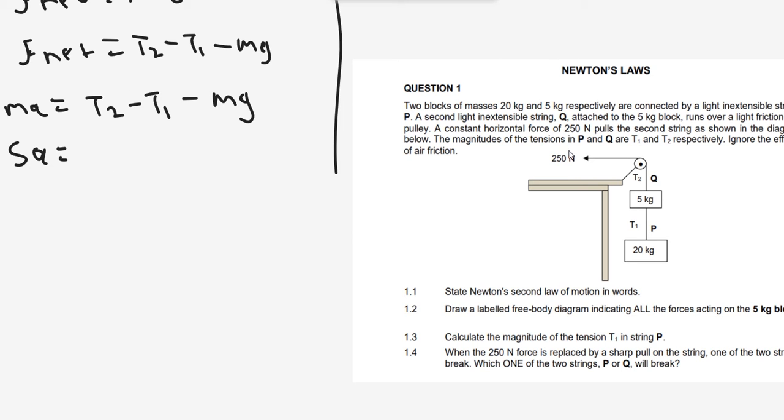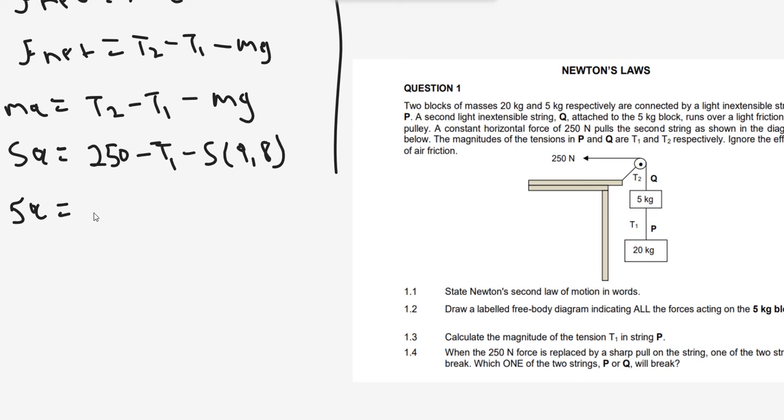So our T2, since this is our force applied, 250 newtons. So we have T2 is the same as force applied, and we have 250 newtons minus T1 minus our mass, which is 5 times 9.8, and then we start solving this side. So we have 5a equals to